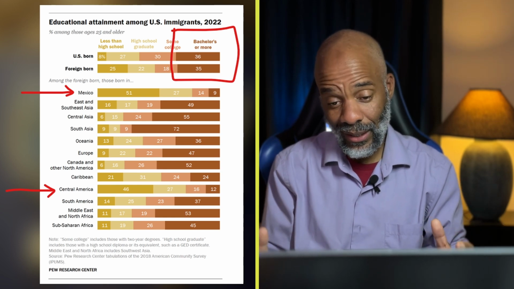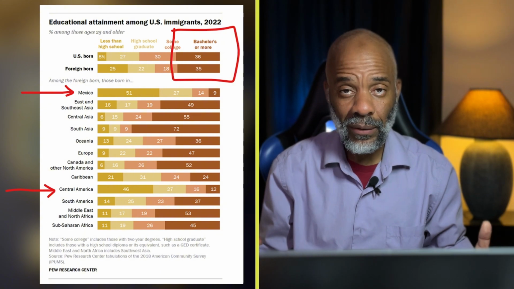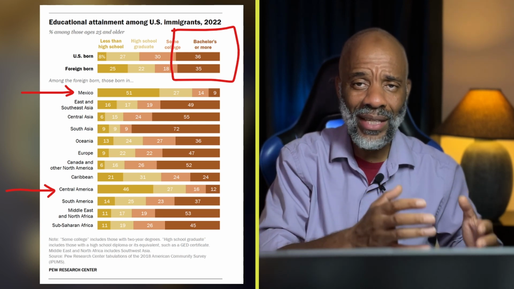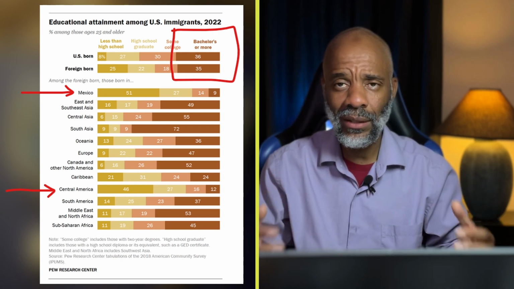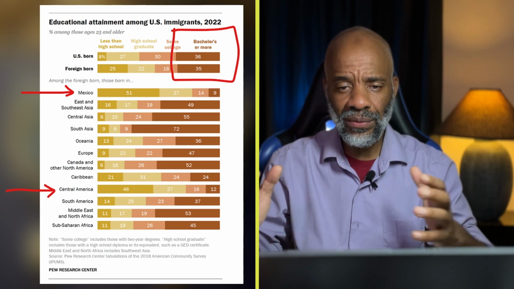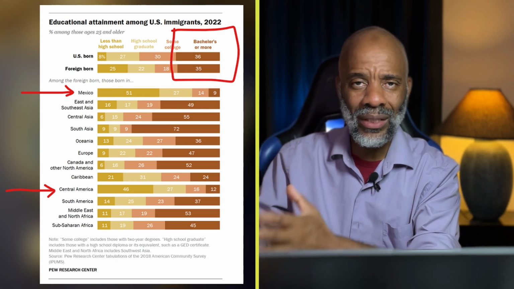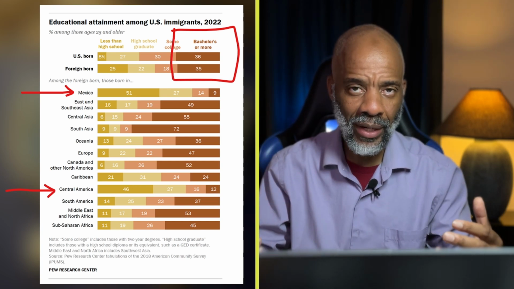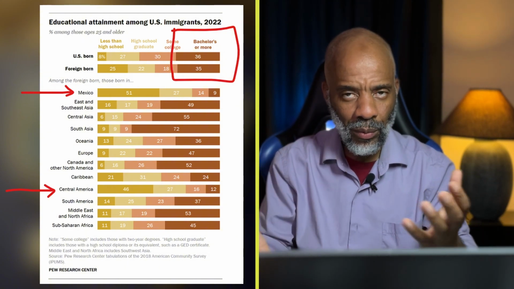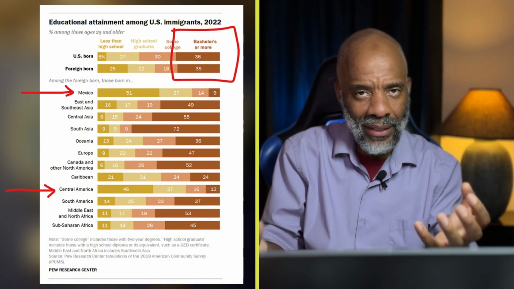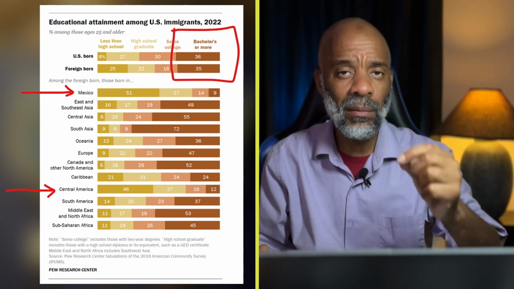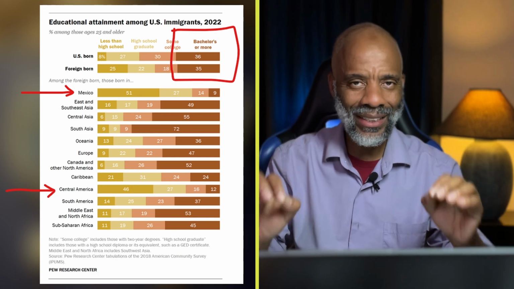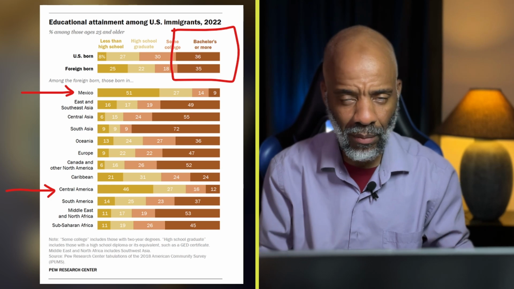And I think that's the reality of the situation, but the reality also is that if they don't even have a high school diploma, then chances are these people are going to start to fill what we call low-skilled or unskilled jobs, right? These are jobs where you don't require a degree, right? And again, that's another important point when we look at what impact immigration has in particular on the Black community. That's what we're focusing on here. What impact does immigration have on Blacks in America, the native-born Blacks in America, right?